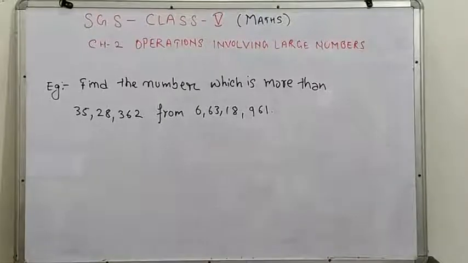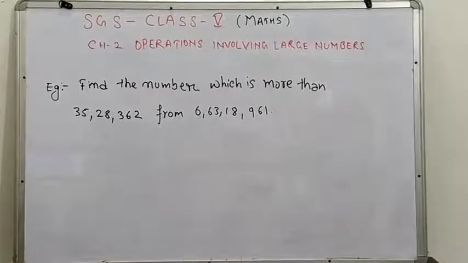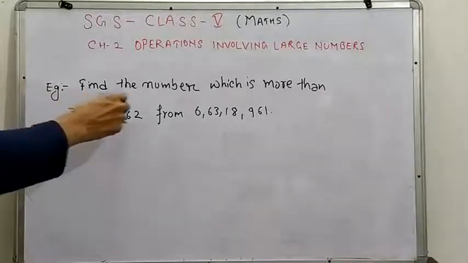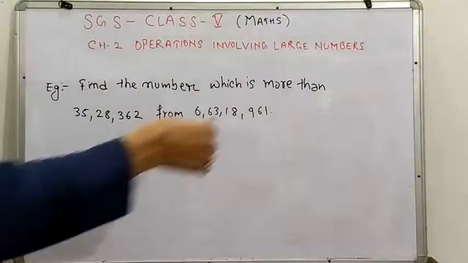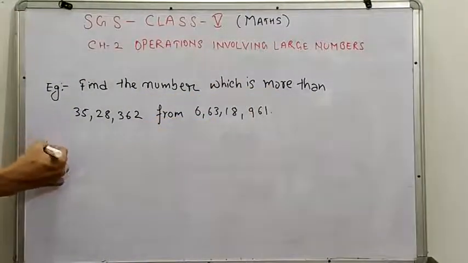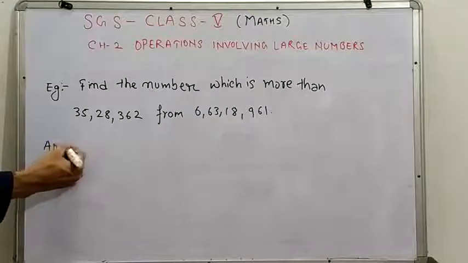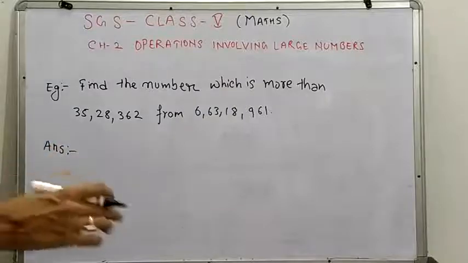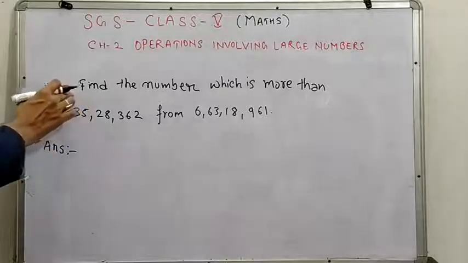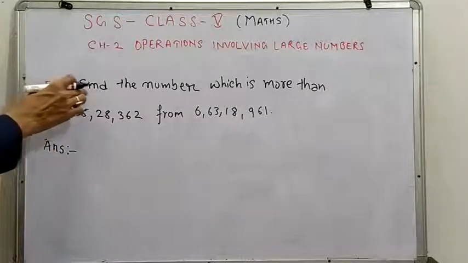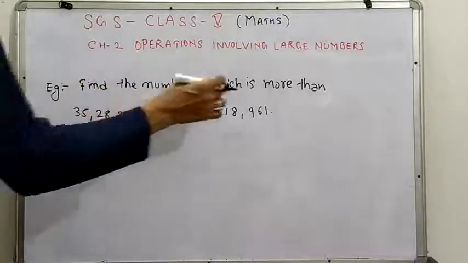Now the second type of question under chapter 2 is the word problem. In a word problem, a certain instruction is given like this, and you have to solve the problem according to the instruction. So how can we solve such types of problems? It's very easy. We have to understand the instruction first. In this question, what is given? It asks to find the number which is more than